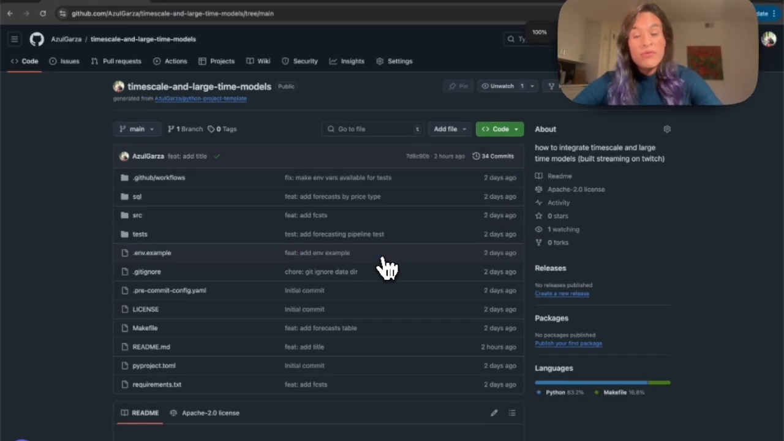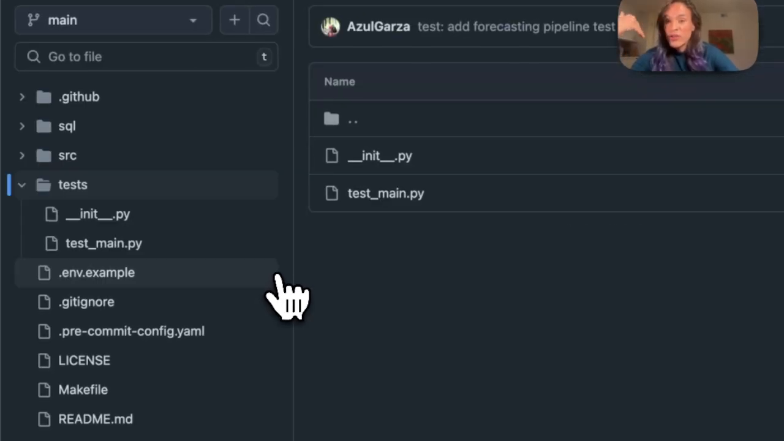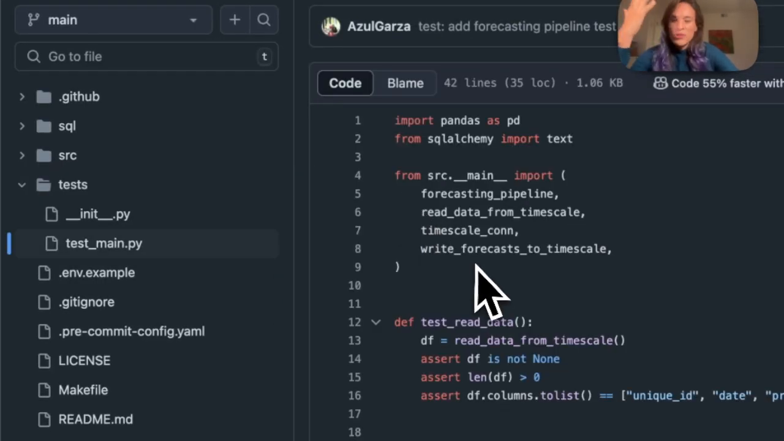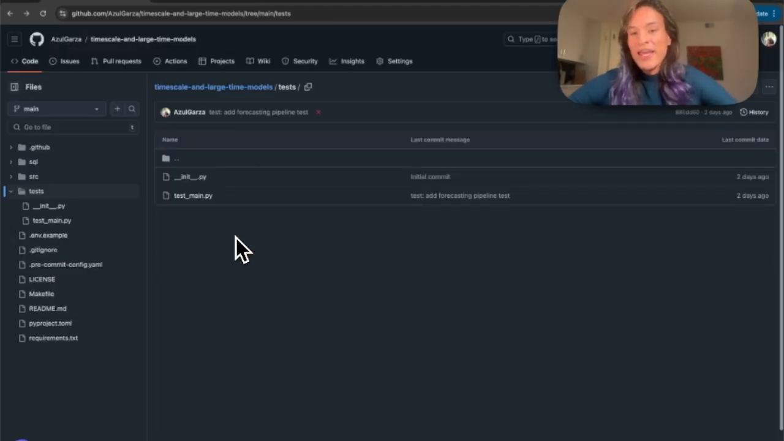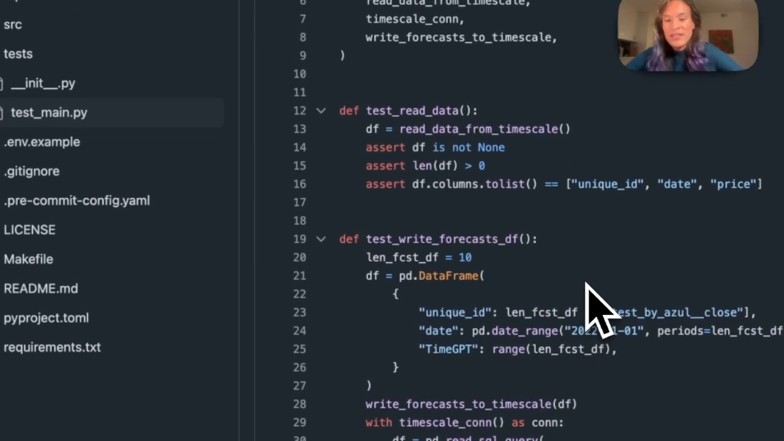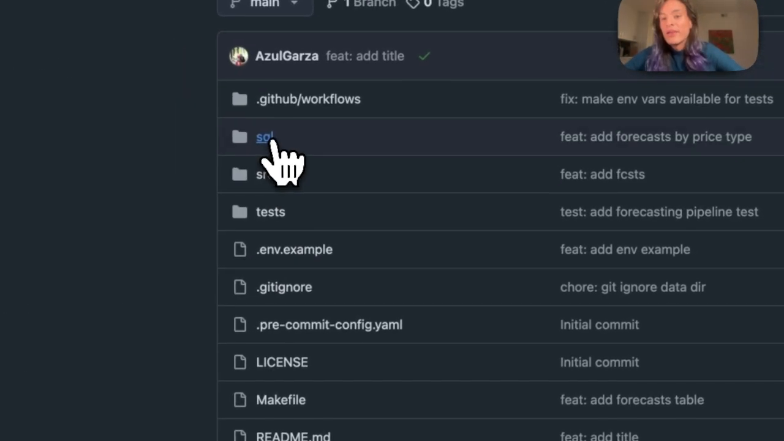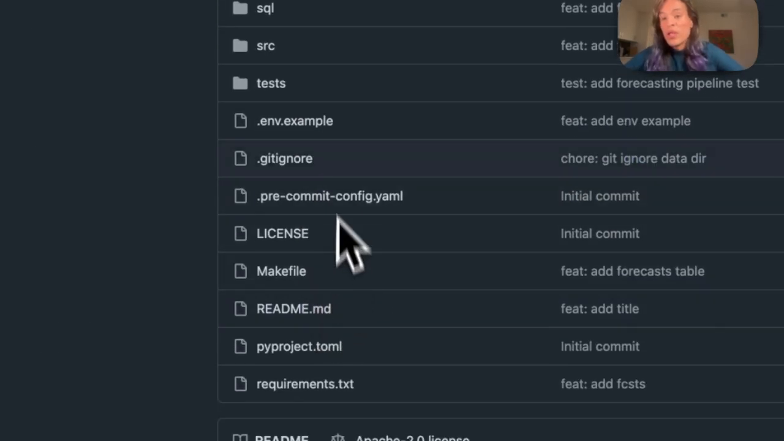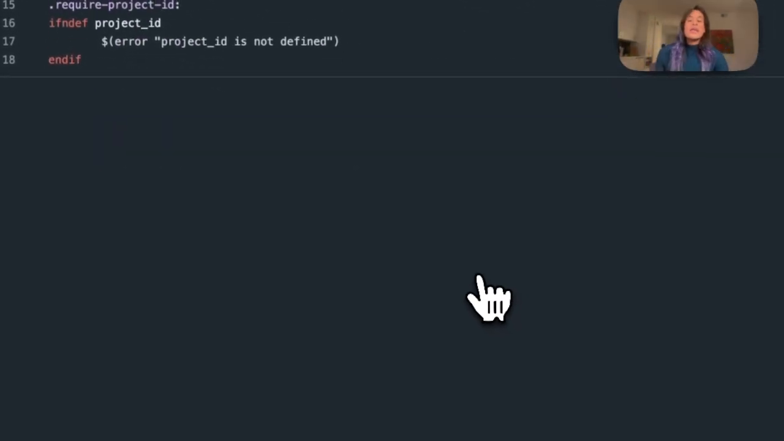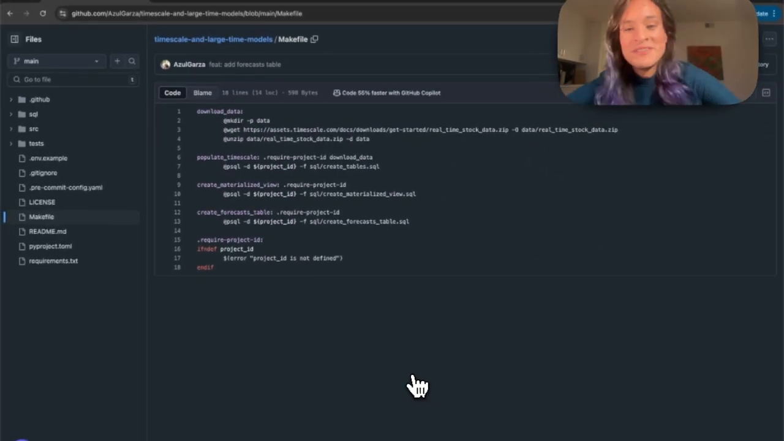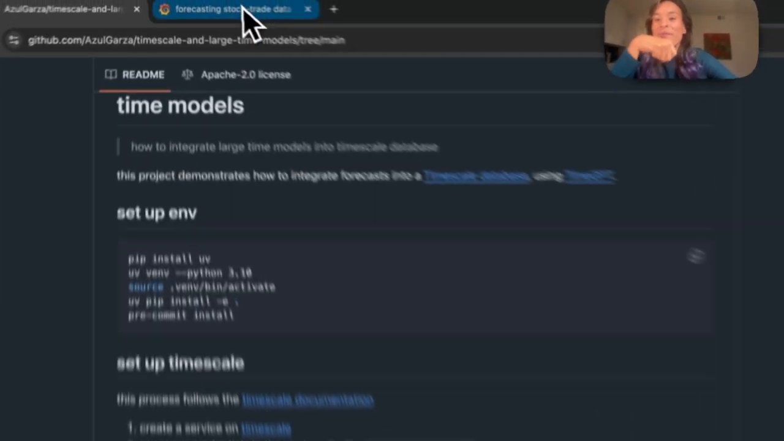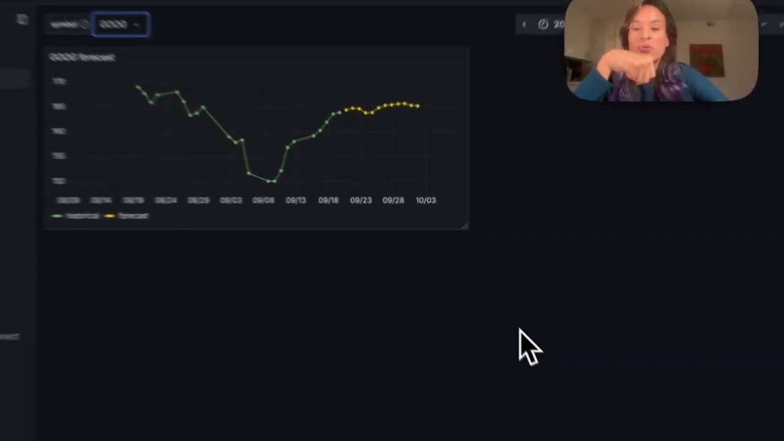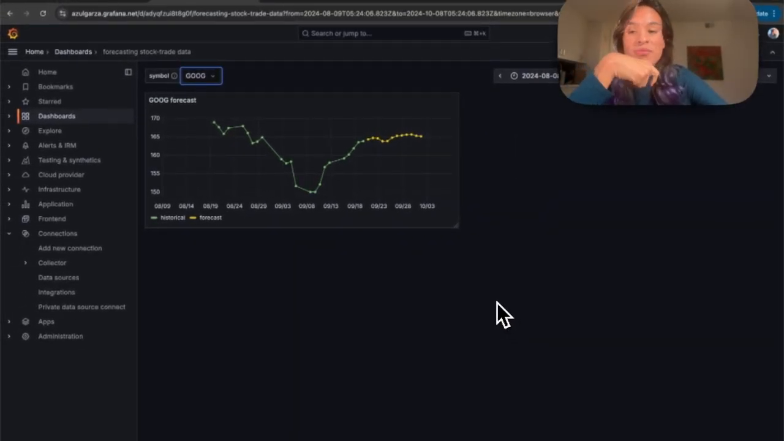I'm very, very proud of this project because everything is tested. We included a lot of tests. I usually say we, but that's just because I'm very used to it. We tested everything, and we are documenting everything. We also created this makefile, and you can reproduce everything. I didn't record the Grafana part, but if you want to learn how to connect Timescale, Grafana, and Nixtla, please don't miss